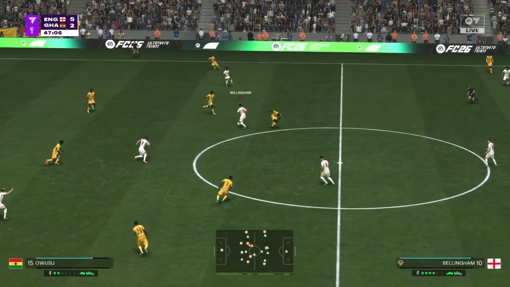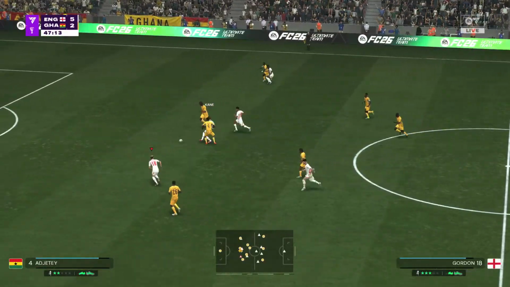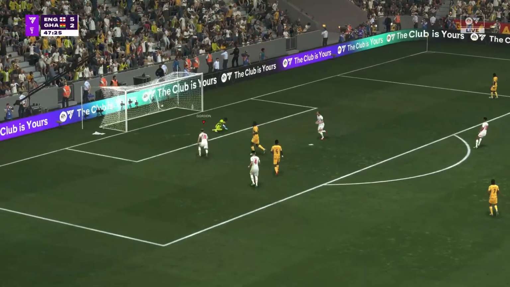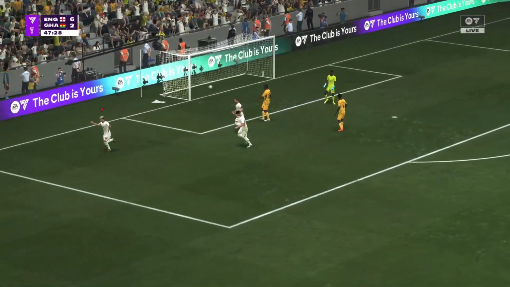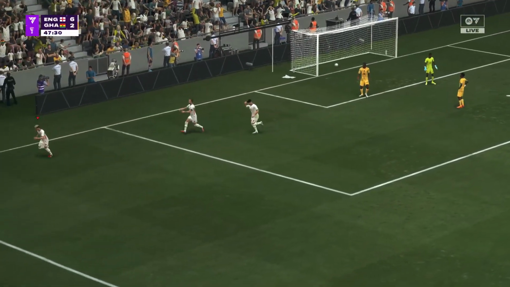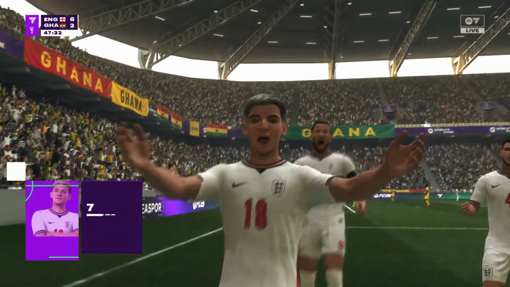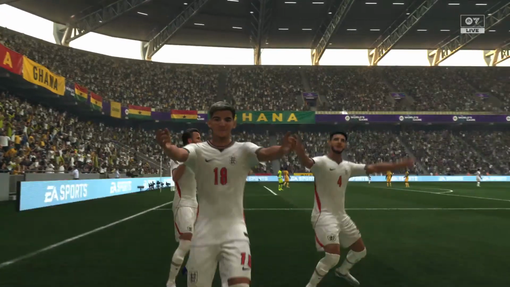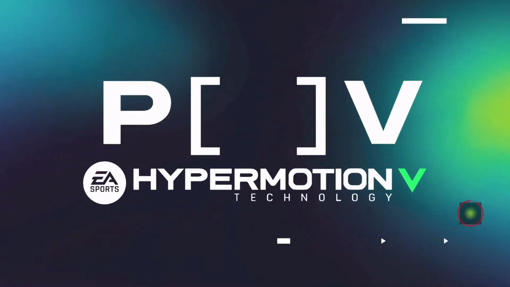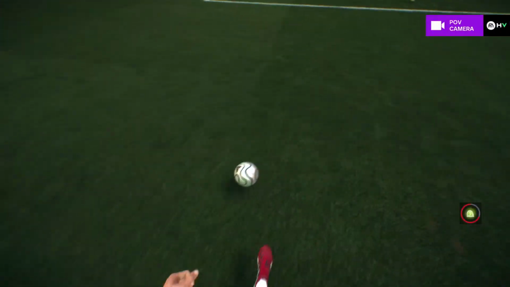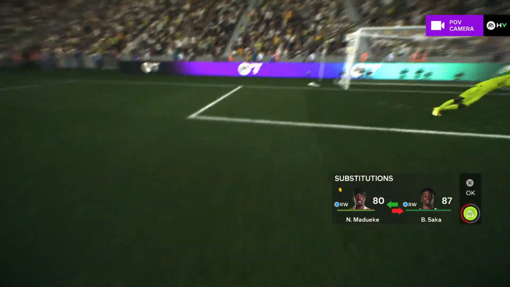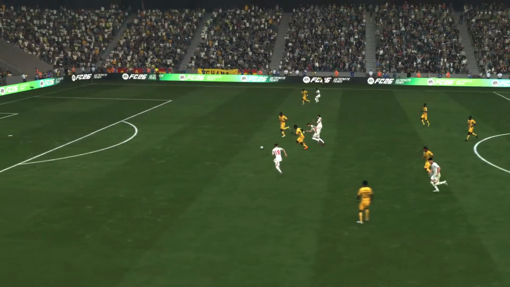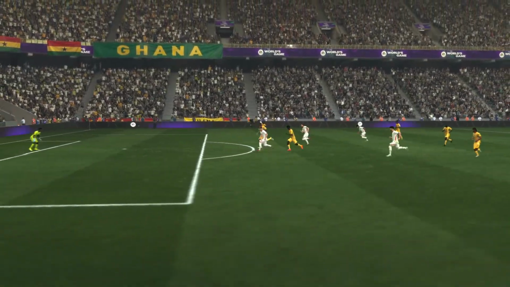Owusu. Perfect challenge. Threads it nicely. And there is the goal to make it a hat-trick. Excellence in finishing, there for all to see. Well, here we can see it again, and he shows great ability to get past his man. And then once he's through, there was never any doubt, was there? Hits it hard and true, and the keeper just can't react in time.